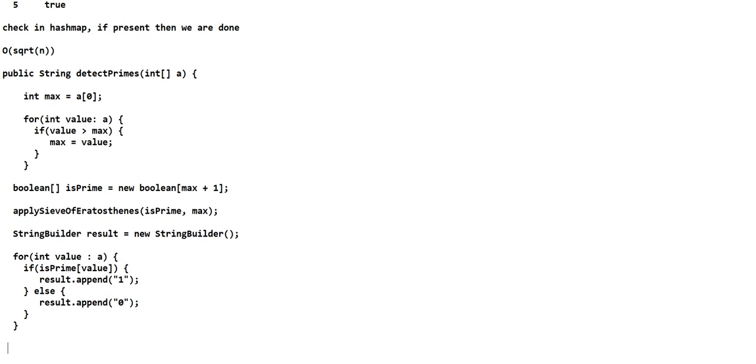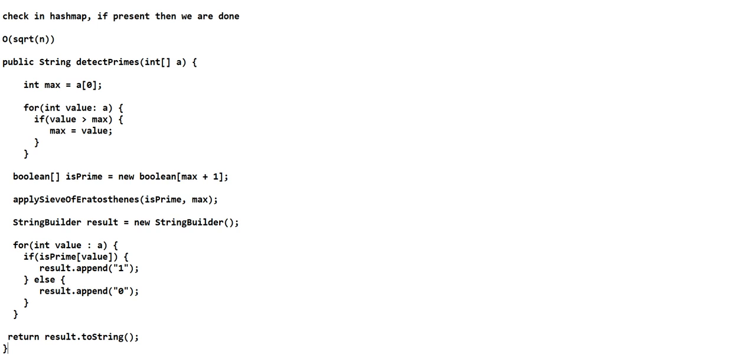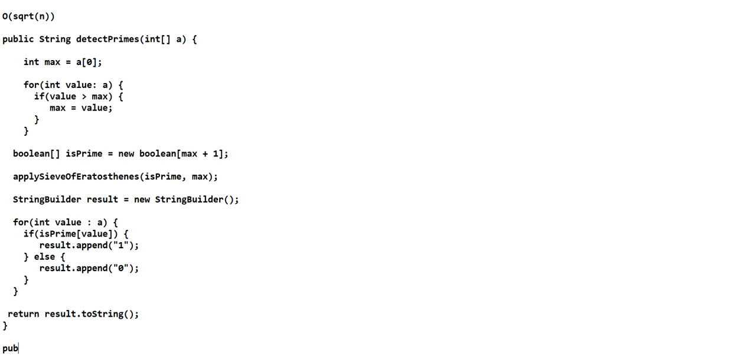Then we are going to return our result dot toString. Okay, so now let's write this algorithm, right? We are going to apply this. So public void applySieveOfEratosthenes,